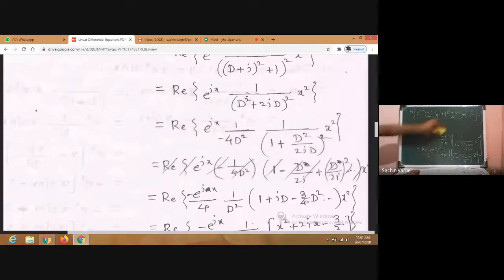Now in this infinite expansion, which terms do we have to consider? Those which are non-zero, right? So which terms are non-zero? Up to the powers of order of polynomial. So what is the order of polynomial here? Order of polynomial is 2, so we have to consider the terms up to d² only. So let us write only those terms. The remaining terms we can neglect directly. So here it is -1/4 e raised to ix into 1/d of this, -1/4 I'm writing outside.